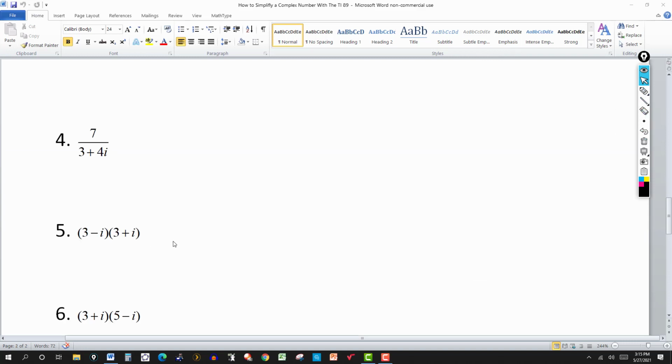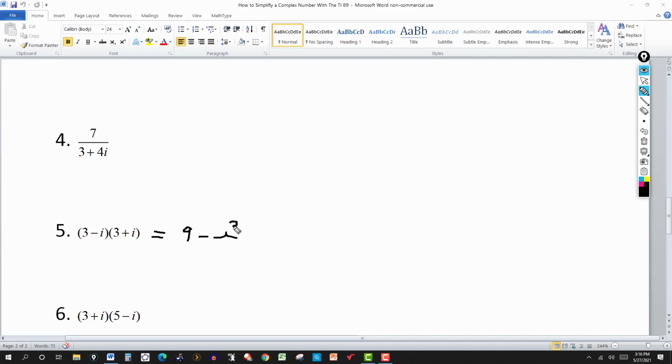Okay, next one, we're multiplying. So again, follow the same rules, just like you were multiplying 3 minus x times 3 plus x, or 3 minus y times 3 plus y. Treat the i just like a variable. And just remember that if you get an i squared, you can replace it by negative 1. So here again, I have the difference and the sum of the same two numbers, 3 minus i, 3 plus i. So that would just be the difference of the squares. So it'll be 9 minus